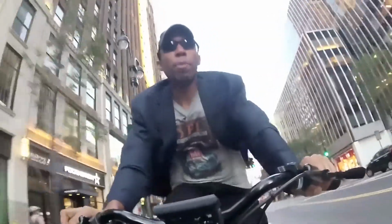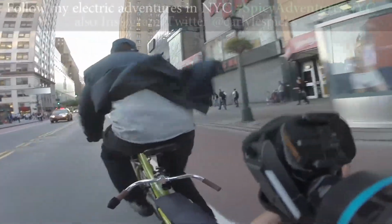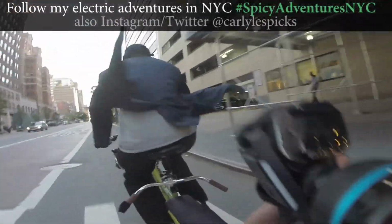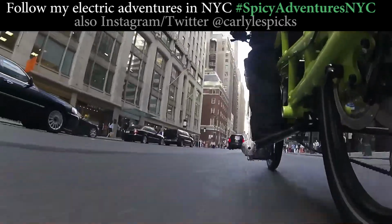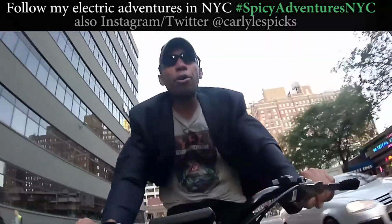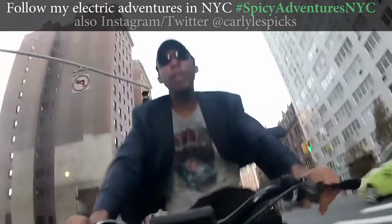So on this bike, I can easily do, I would say, 25 to 30 miles per hour. I can easily do 25 miles per hour on this bike. Right now we're doing about 21 miles per hour, and it's no problem at all. You got 4 modes of power. Obviously, the more power you command, the lesser the range is going to be. Now, one of the unique features of this bike